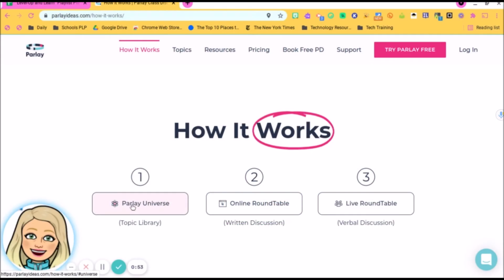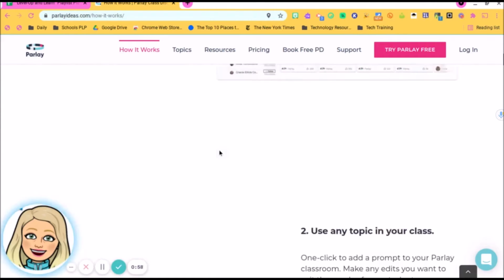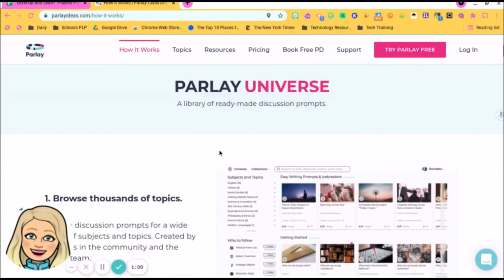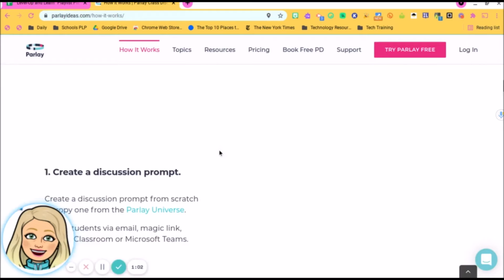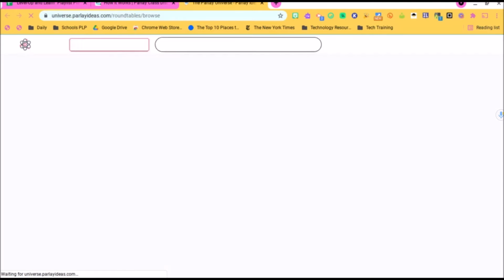Start with the first one, Parlay Universe, which has a topic library. So you can actually look through thousands of topics that you can use with your class and select those. So let's go to Parlay Universe and let's actually just select a topic and show you how to start a